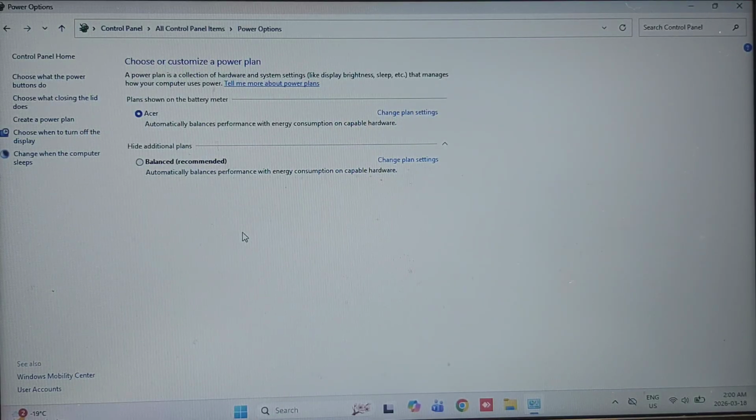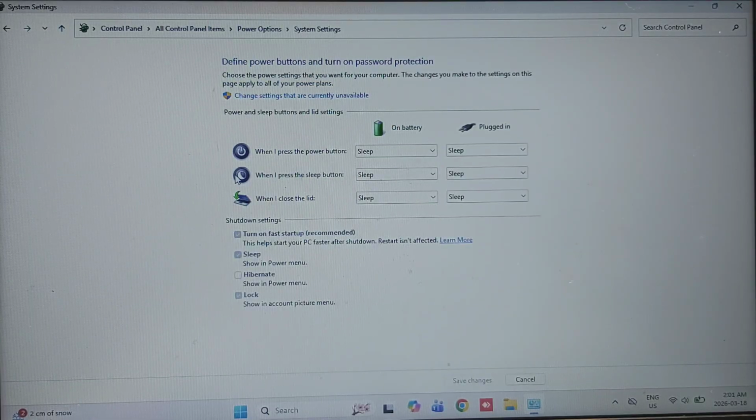So the quick fix is, if you just want to shut down your machine and you don't really care about fast startup, because to be honest, if you have an NVMe drive or SSD, it's not giving you such a big boost in boot times. So anyway, to clear that, you need to go to Power Options where we are, click on